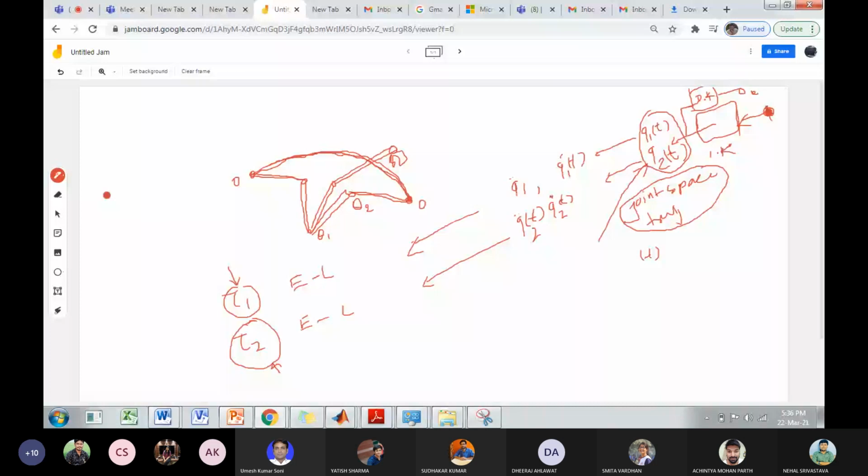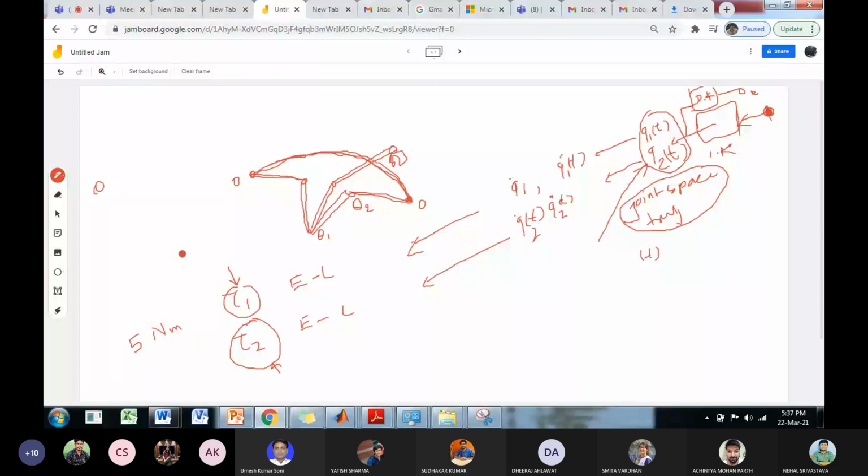Suppose, based on this, you have tried to align the robotic manipulator in its position, and here it is saying that you have to apply 5 Newton meter. Sometimes it happens that you give the reference required torque value, but it will not work directly in that way, because there may be some undesired forces, uncalculated forces which are applying there. So here you calculate, you have to apply 5 Newton meter, it is saying.